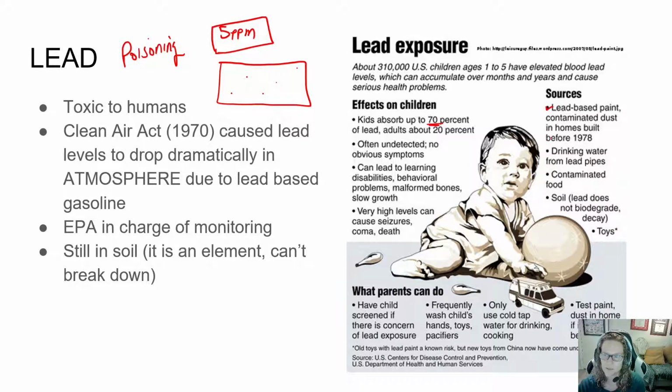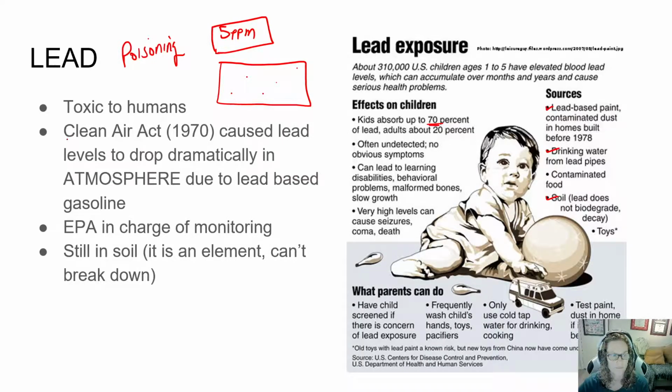And of course, kids were eating their toys that were painted with lead. Their drinking water, we used to have lead pipes in it. Think of the Flint, Michigan situation. The soil, there's some lead in the soil. Kids eat dirt. Like all this stuff was going on. And then we were burning our gasoline that was putting more lead into the atmosphere.